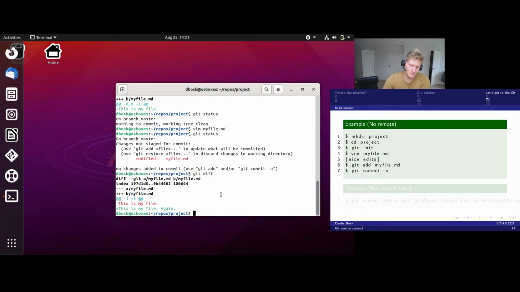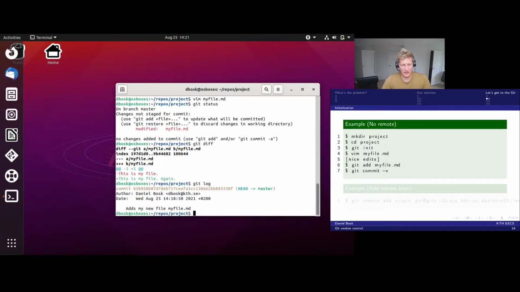And then if we check the log, yeah, we still have just the one commit. So if we want to commit this change, we have to add it. So we have to add my file again, same as we did before. An alternative way is that since my file is already added, and since Git shows us this difference, we can